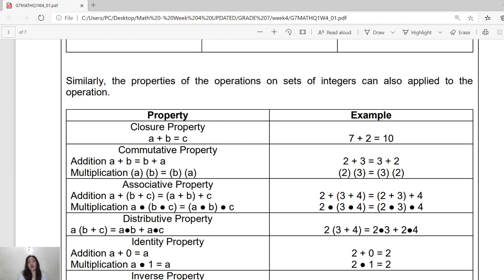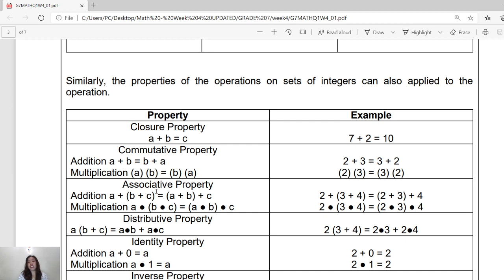It is also true that the commutative property holds for multiplication. For multiplication, we have A times B. If you change the order, it is just equal to B times A, the same as 2 times 3 is just the same as 3 times 2. That is changing the order of the numbers. Next, we have